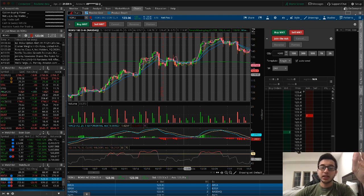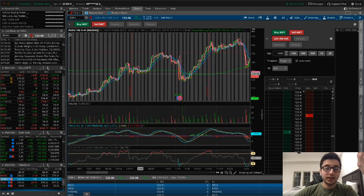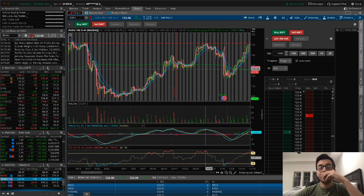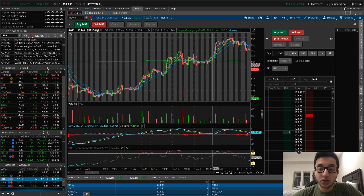It's getting rejected by the SMA line. It'll get rejected by the SMA line and then push downwards, which it sort of did here. We have a tiny bit of consolidation and then a push down, rejection, push back up. I don't want to get back in the stock, get rejected by the SMA, go down and hold on to it. Eventually, the stock will go up. We all go through that phase of let's hold on to it, be bag holders. And the stock will eventually go up. But the thing is, if I were to cut out my